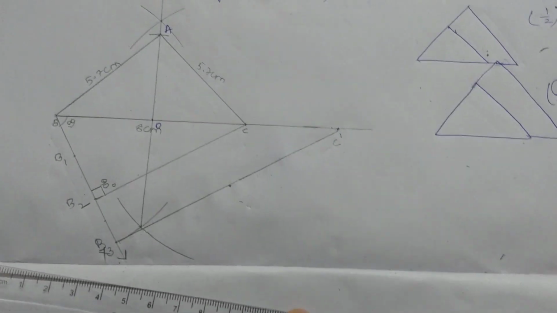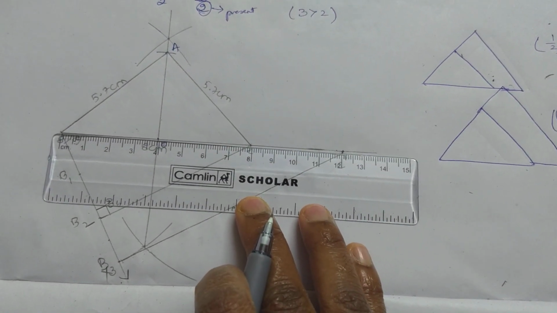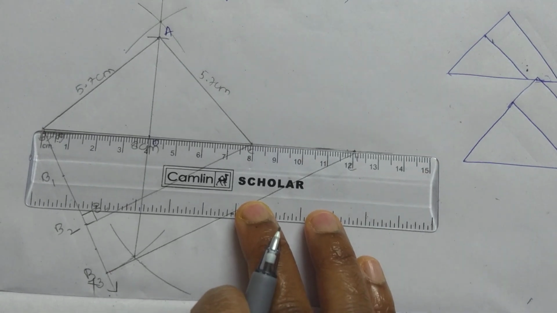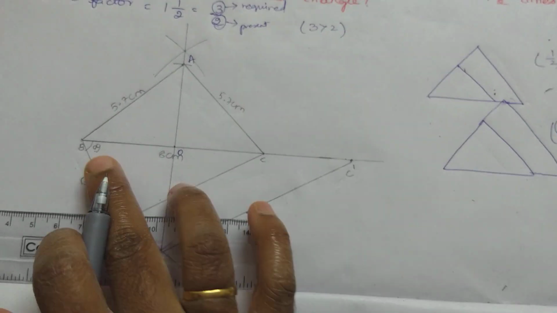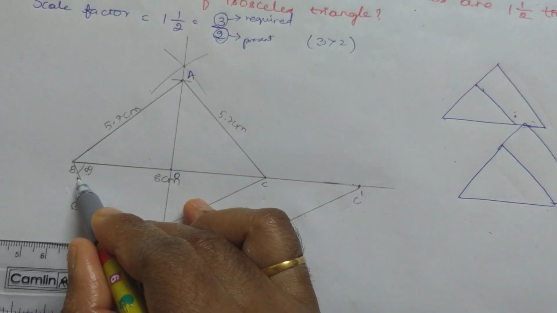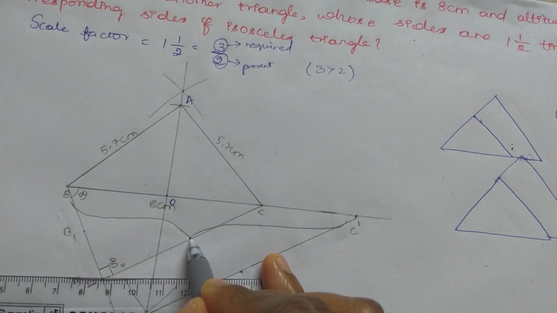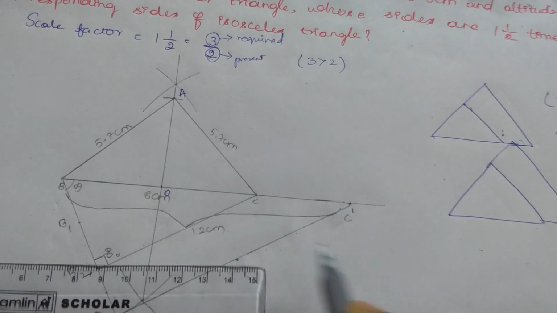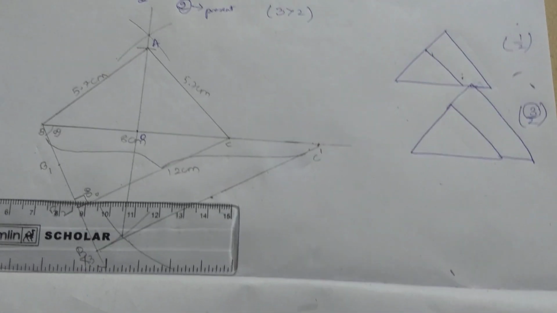Let's write it as C dash. So now let's measure the length. What does it come to? So when you see, it's 12 centimeters, correct? It's 12. So this length of BC dash, from here till C dash, becomes 12 centimeters. After that, next step what we have to do here,